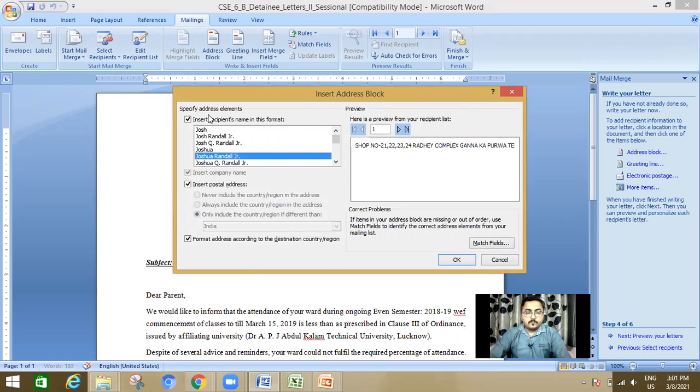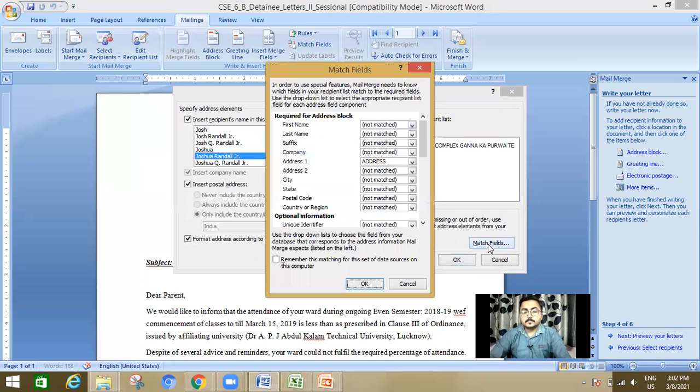Formats are various, so you have to select which format you want to take. And after that, click on Match Fields. Select the columns you want to take out.